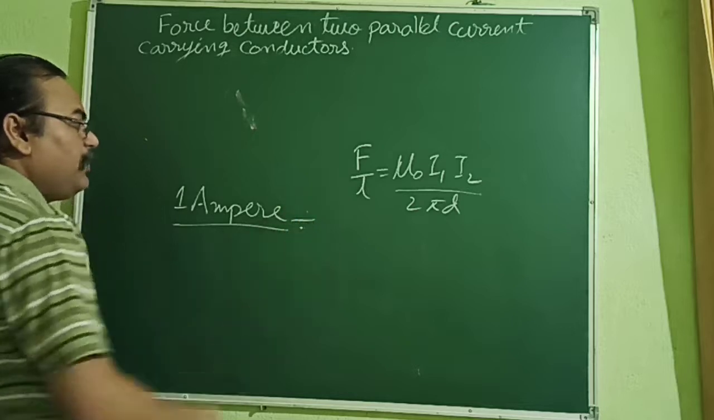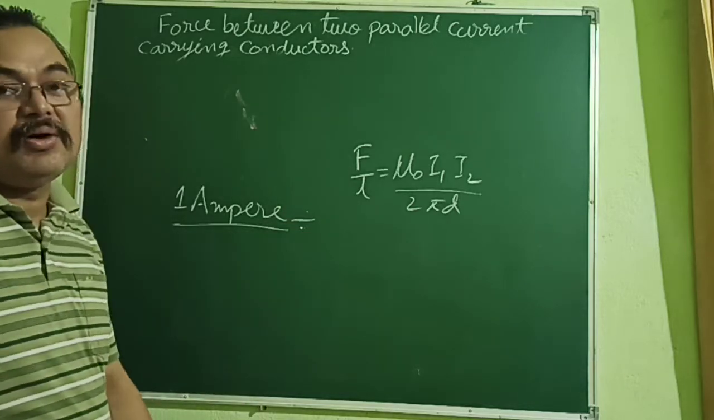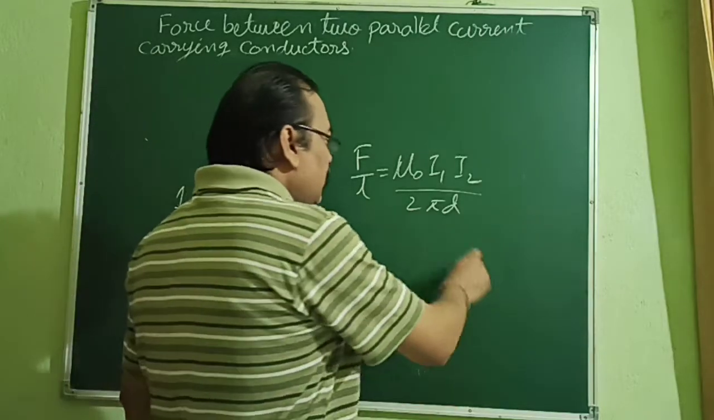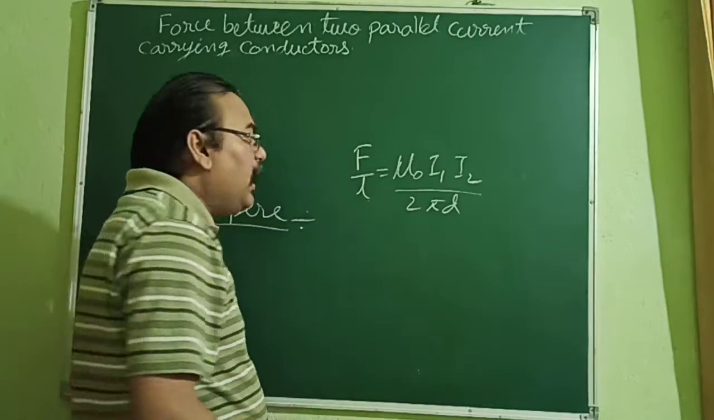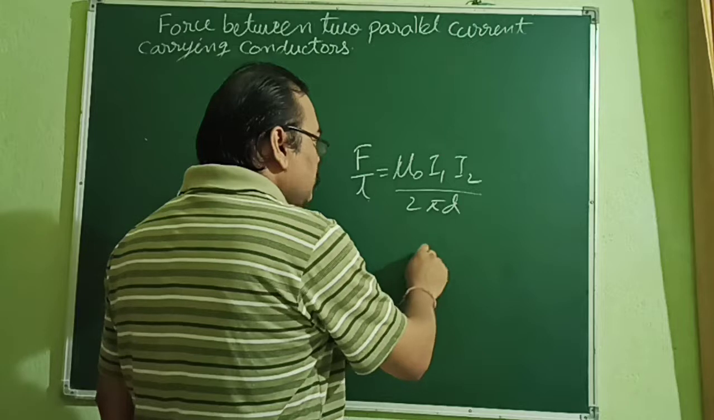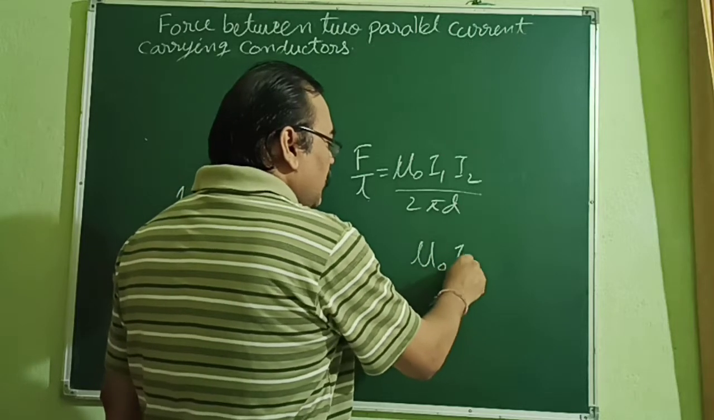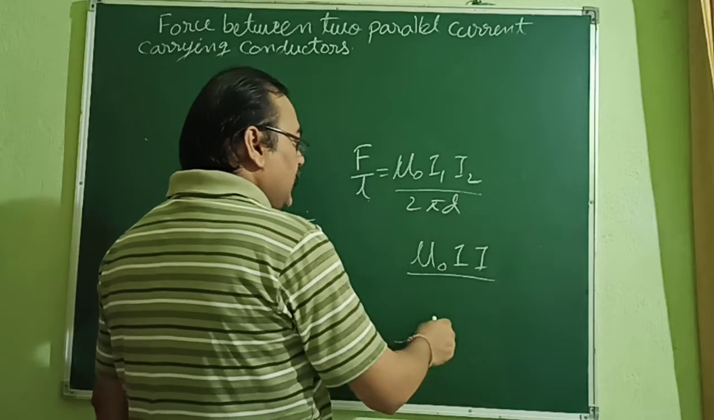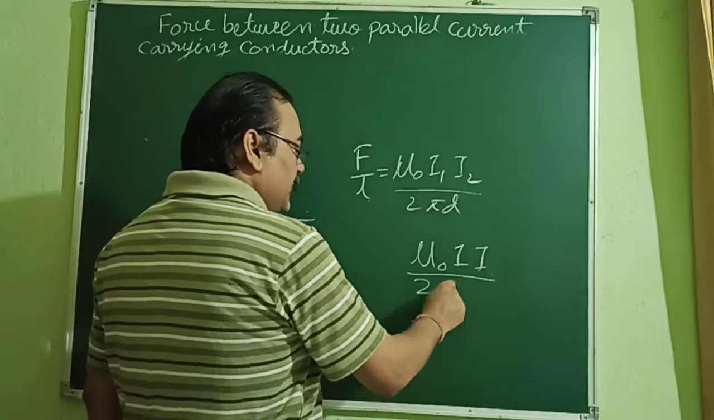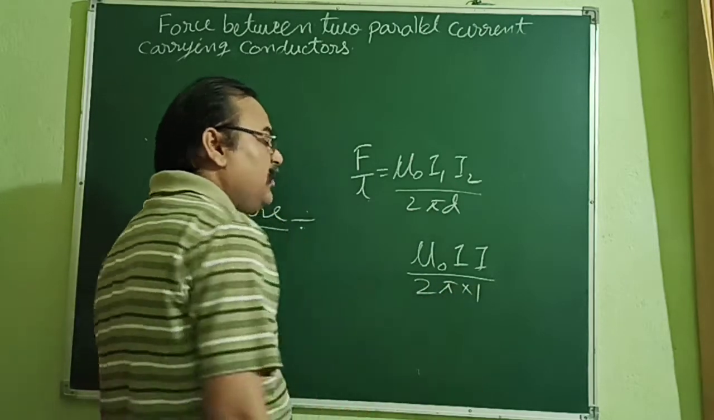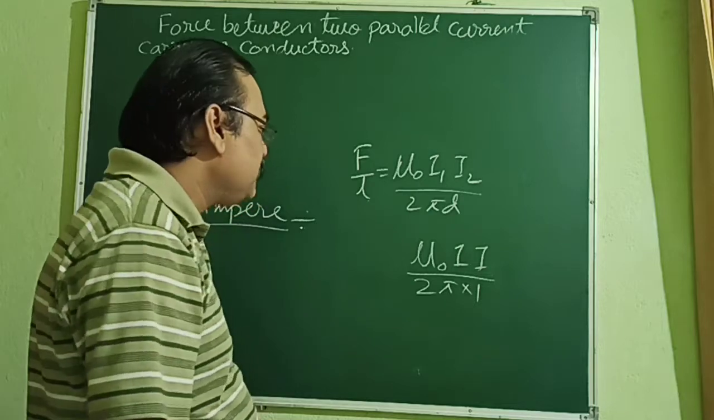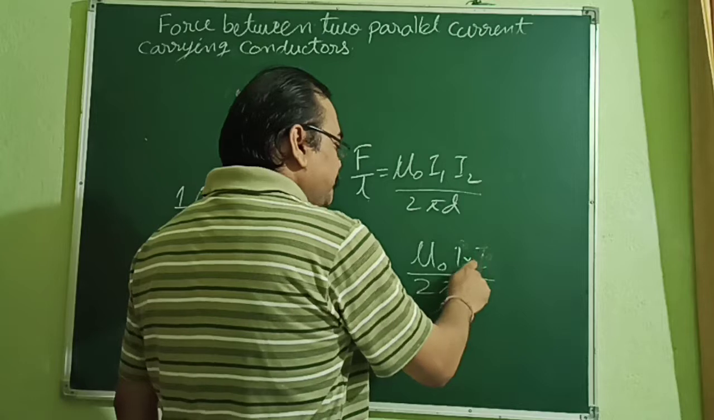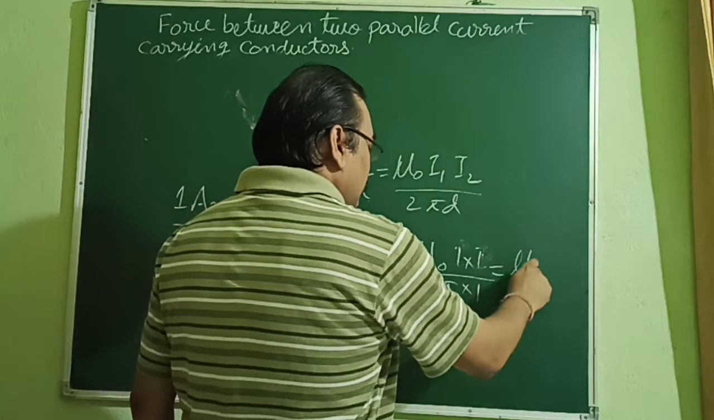You have to define 1 ampere using this expression. How to do that? When you've got two conductors of equal length, obviously, and they are carrying equal current, what can we write? I into I, not I1. And they are separated by a unit distance, maybe 1 meter in SI unit. Then if this current is also 1 into 1, you end up getting mu naught upon